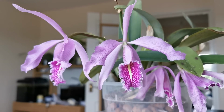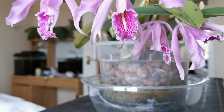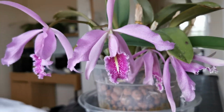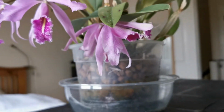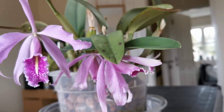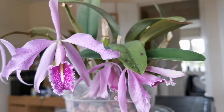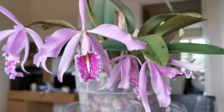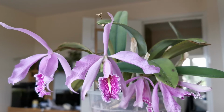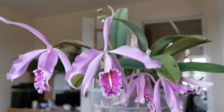I received this plant in bark, and it grew in bark perfectly fine for about a year. Then I decided to change it to semi-hydro, and the plant adapted really, really well, blooming every year, even after the change to semi-hydro. So definitely, I would recommend both bark and semi-hydro as a way to grow this plant. About the sunlight, I found that if you put it on a south-facing windowsill, this plant tends